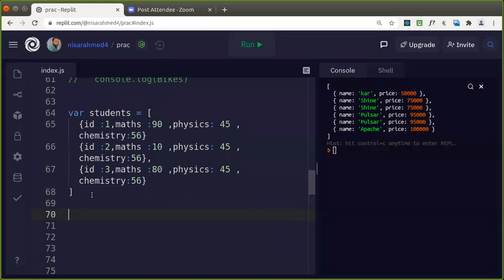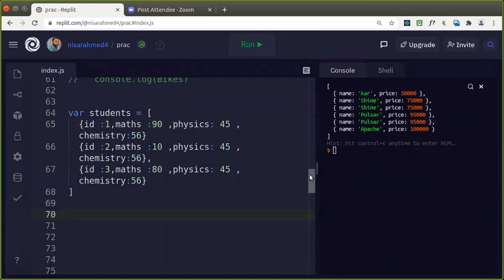Now I want to update the total and result for each object. You do not actually have a total here. Each object here has how many properties? There are 4 properties with key value: ID, then maths, physics and chemistry marks, isn't it? So I want to update the total marks. How do we get the total marks? You have to add the individual marks of these, and update that. So how are you going to do that?